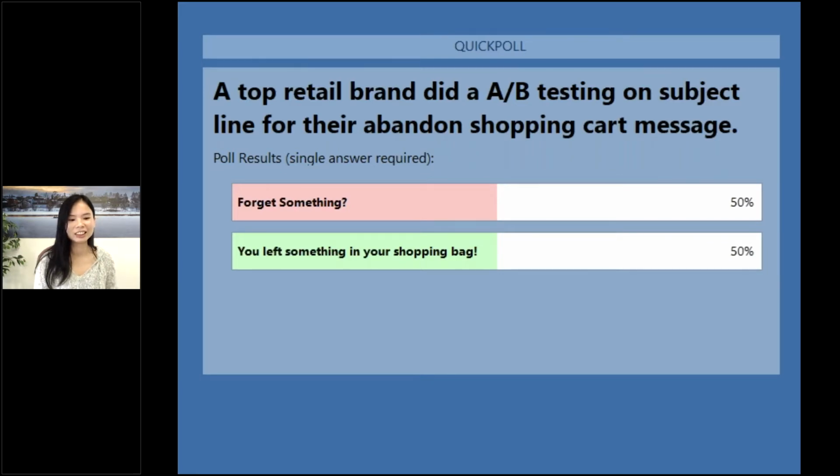So what do you think is the answer? The answer is actually subject line B, the one that says you left something in your shopping bag. It has a 5% higher open rate because it's addressing the shopper's cart. So it's not something very generic. With an A/B testing feature, you don't really have to guess which one will have a higher open rate.